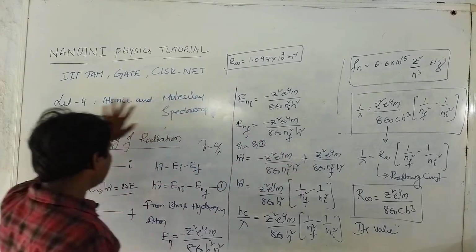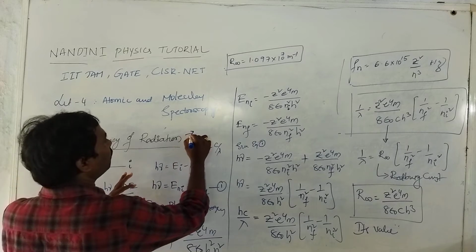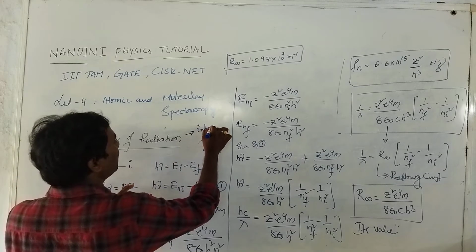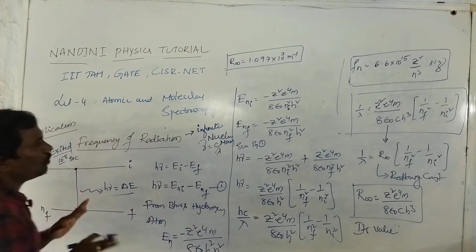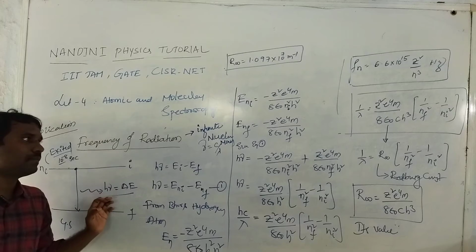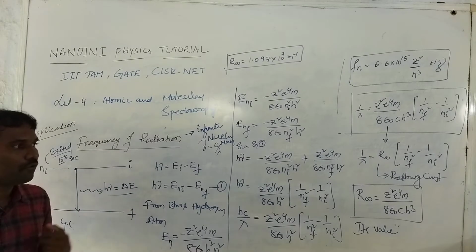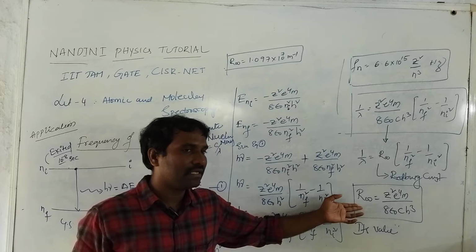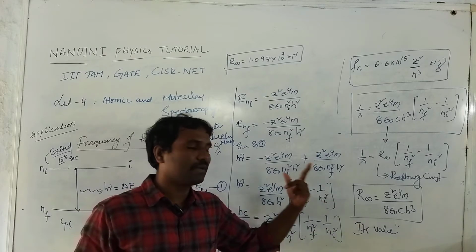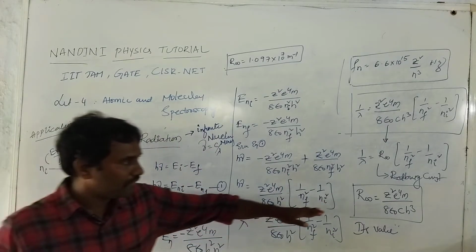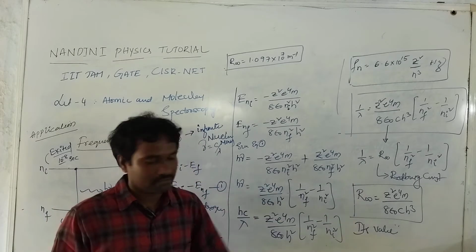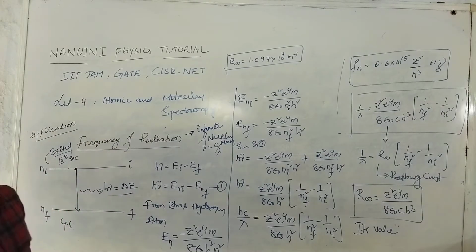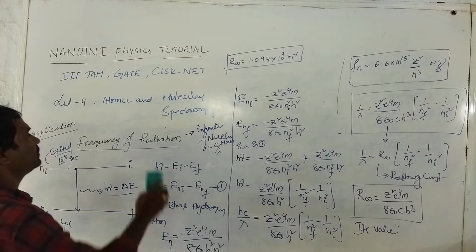So this application is only valid for infinite nuclear mass, which is the at rest condition. Now, what happens if this Rydberg constant is applied for the finite nuclear mass condition? We will now derive what happens to the Rydberg constant for finite nuclear mass. Okay. So I will erase here and write the continuation.